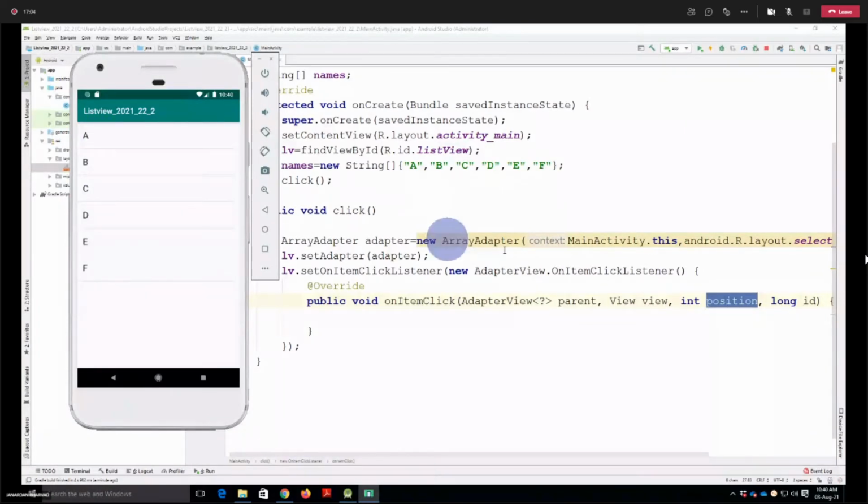And the position starts from 0, right? So if I click on B, its position is 1, and it will be stored in this variable, position. So now what we have to do is just print that variable. That's it.